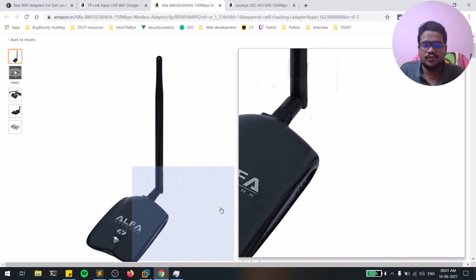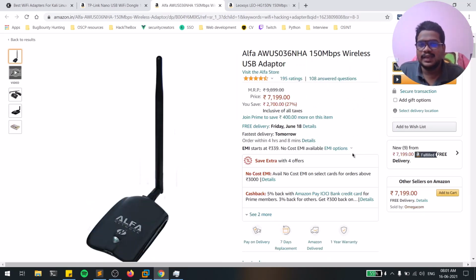But if you are willing to do 5 gigahertz, dual band Wi-Fi pen testing, it is not recommendable. To be frank, whenever you have a Wi-Fi, it is going to support both dual band and single band, like 2.4 gigahertz and 5 gigahertz. If there is no 2.4 gigahertz on a particular Wi-Fi, then this is not going to work.